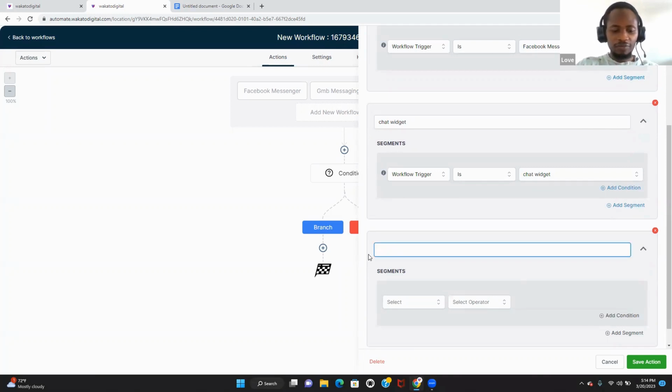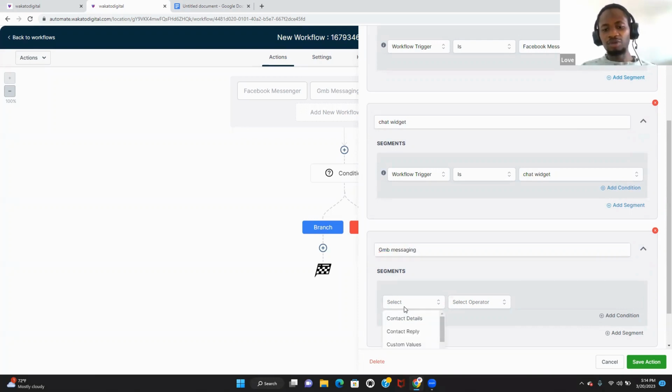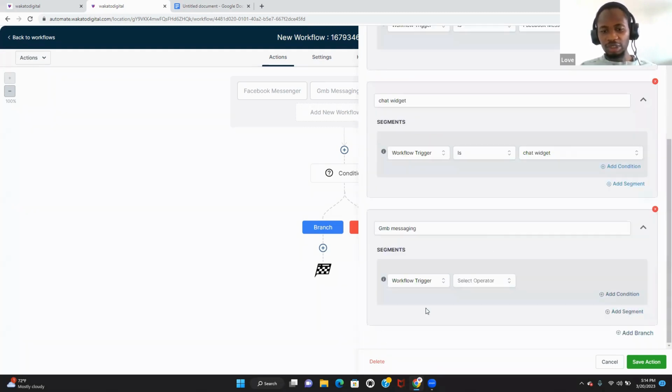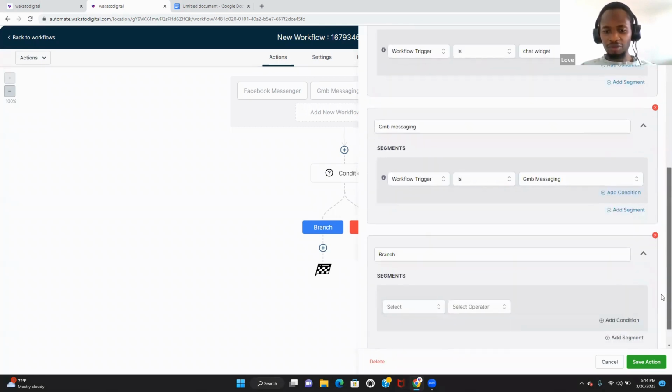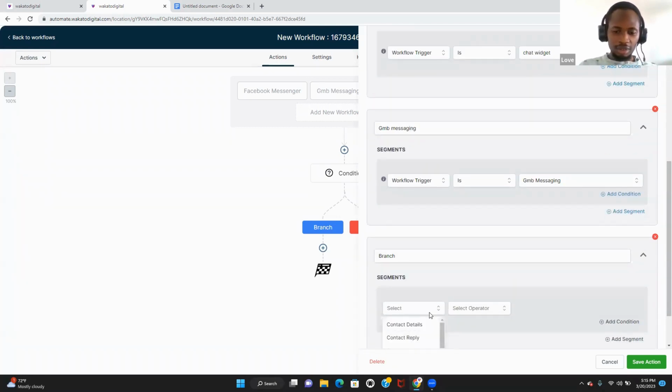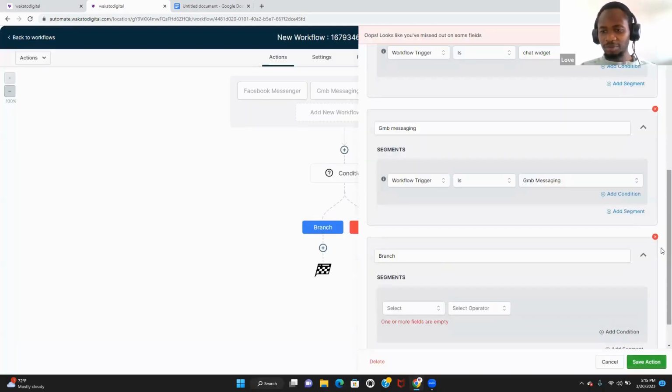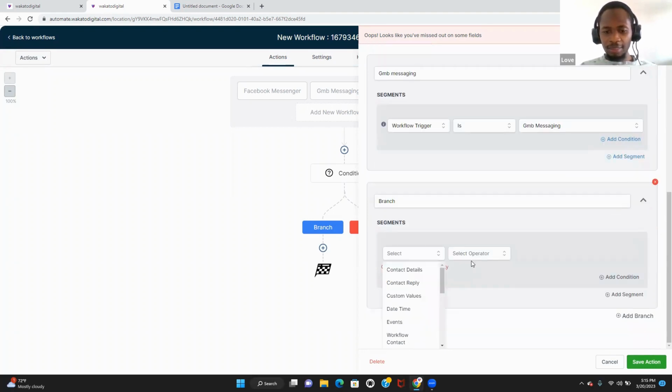So we have GMB messaging, Google My Business messaging. So if the workflow trigger is GMB messaging, this is what we need to happen. Contact. So workflow trigger is GMB messaging. And then we go here and then we put this. What's the last one? GMB messaging. Let me save this for now. Let me just save it. Okay. Let's go. Workflow trigger is,